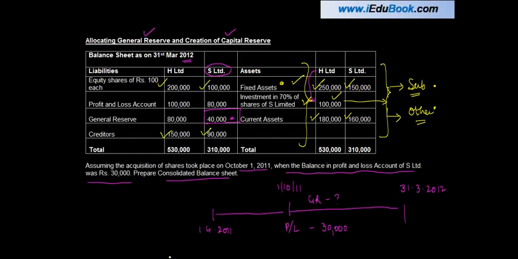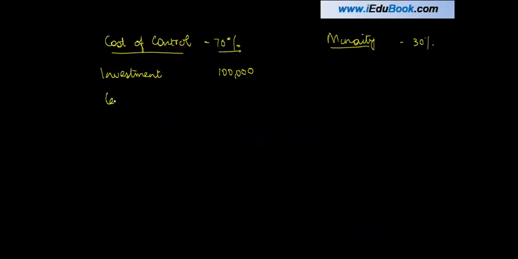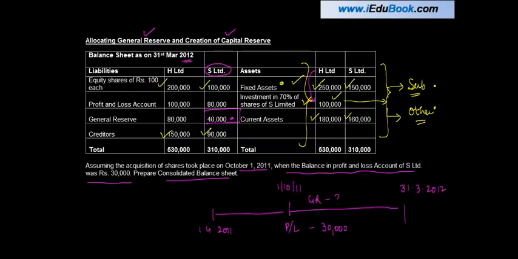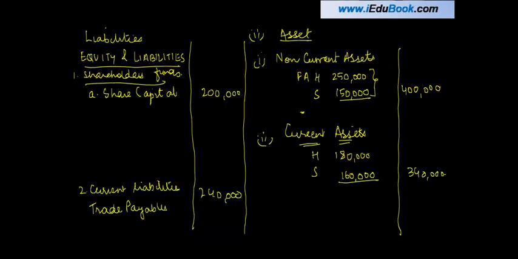Share capital of S Limited will go to the cost of control. 1 lakh is the total, less equity share capital, 70% of 1 lakh or 70,000. Minority interest, equity share capital, 30,000. Then profit and loss account and general reserve of H Limited will form part of schedule in the reserves and surplus. B, reserves and surplus. Because there are many entries here, so let me just prepare an annexure for reserves and surplus. Right? So how much is the profit and loss account? Then I have general reserve,